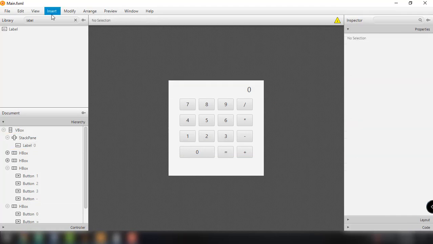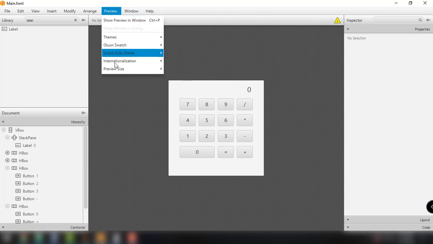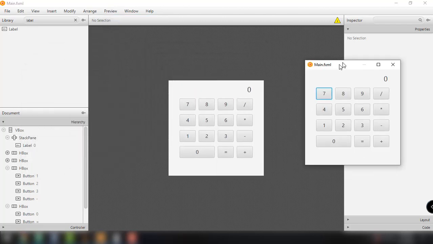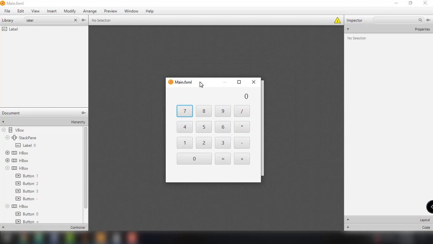So if you try to preview our layout, go to preview, and then show preview window. Okay, this will be our calculator. Okay, so as I've said, in the next video we're going to add